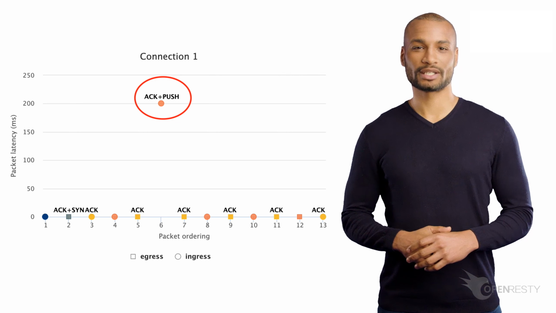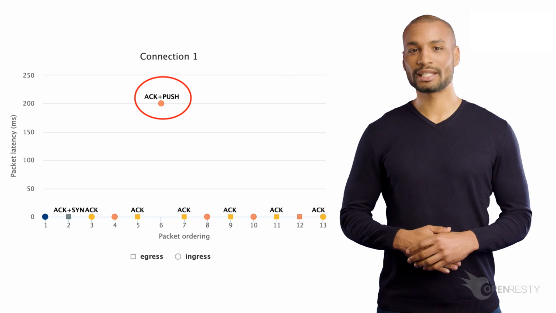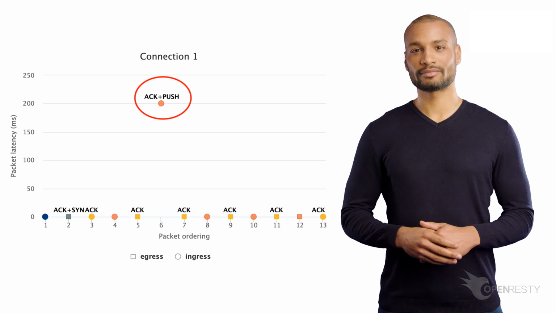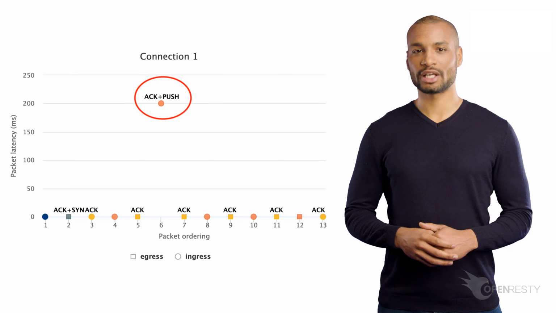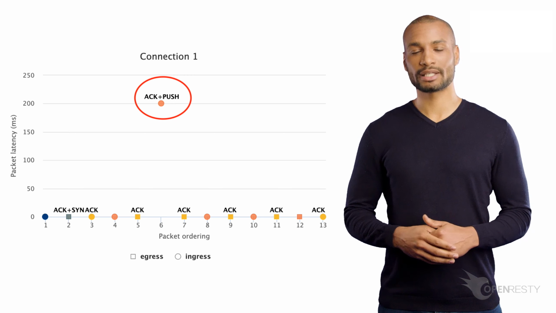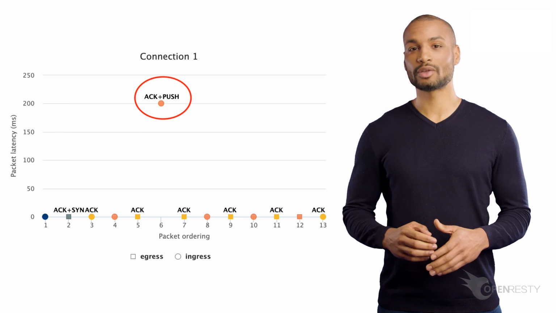On this chart, the small circles represent the ingress packets for the server, while the squares represent the egress packets. One packet stands out on the chart with a strangely long latency, about 200 milliseconds. It is the ACK plus push packet in a small circle, which means it is an incoming or ingress packet